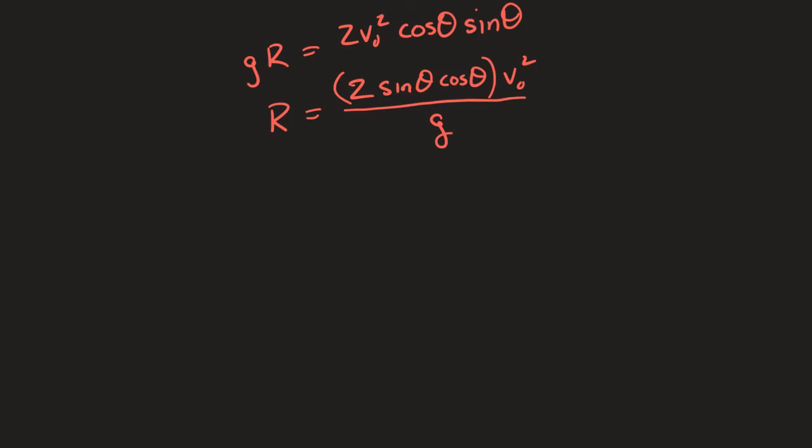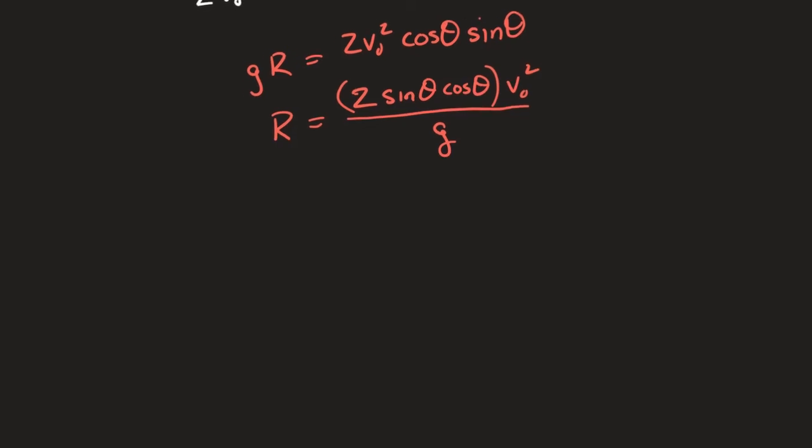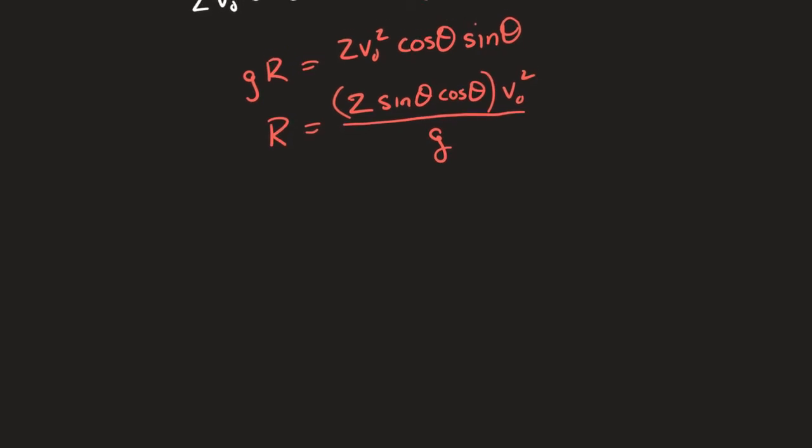Now, I would love to stop here, and I could. This has got some interesting things in it. It looks like if I have the launch angle, the launch velocity, and g, I can tell you where it lands without ever solving for the time. Because we eliminated time. But